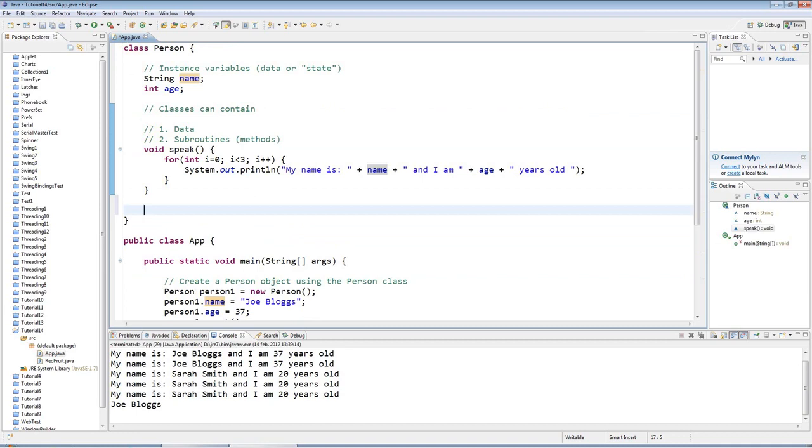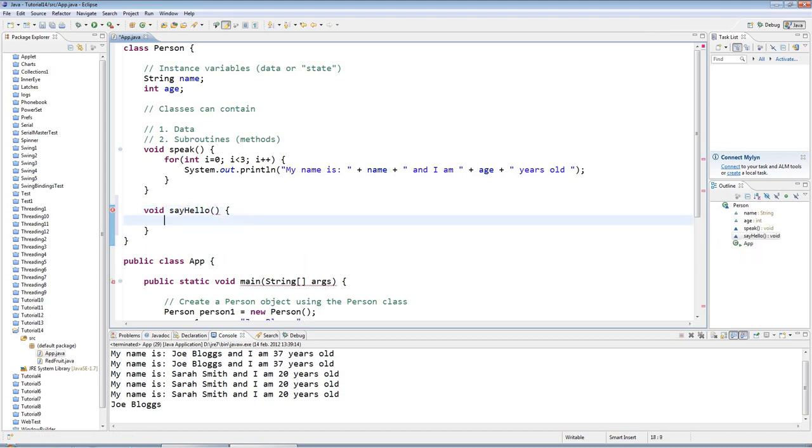And to finish off this tutorial, let's just add another one here. What shall I call it? I don't know. Say hello. So I'll capitalize the first letter of each word after the first one. The first one has a lowercase letter. And then because this is a new word, I give it a capital H. Round brackets like that, open the curly bracket. Eclipse has actually put in the closing curly bracket for me. And I could say, I don't know, like sys out,